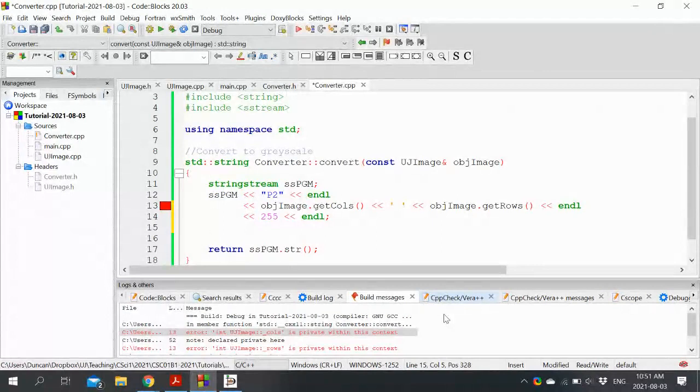And then we need to loop over every row and column inside the UJ image, get each pixel, squash each pixel into a single grayscale value, and output that instead. So let's do it.